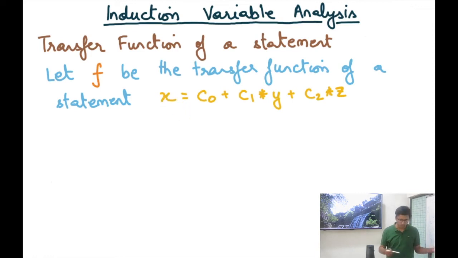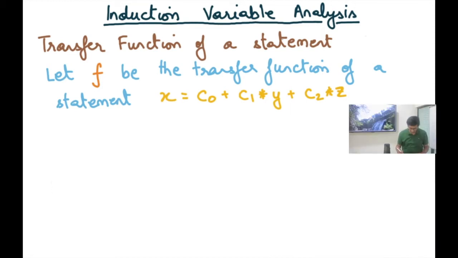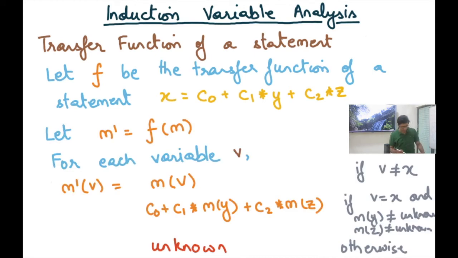In a 3-address code, you may ask, how can there be two variables y and z? Or maybe c0 should be 0, but I'm just taking the general case, assuming that there are 3 additions and 2 multiplications in a single statement. You can even think of this as a compound statement that has 2 or more statements, but this is probably the summary statement, and we're going to identify the summary transfer function of this combined statement. Now in this case, this is how my transfer function f will be defined.